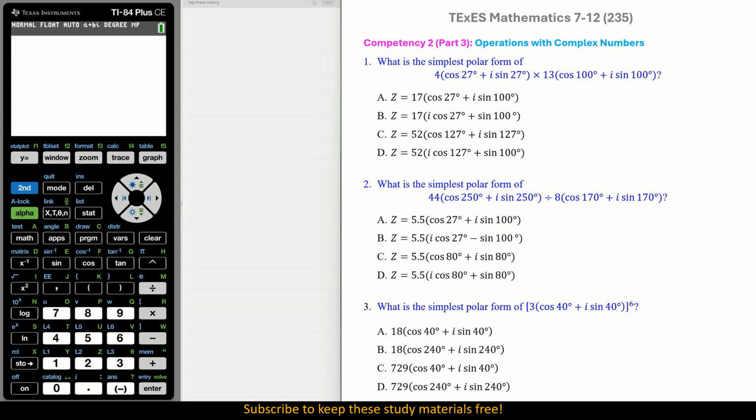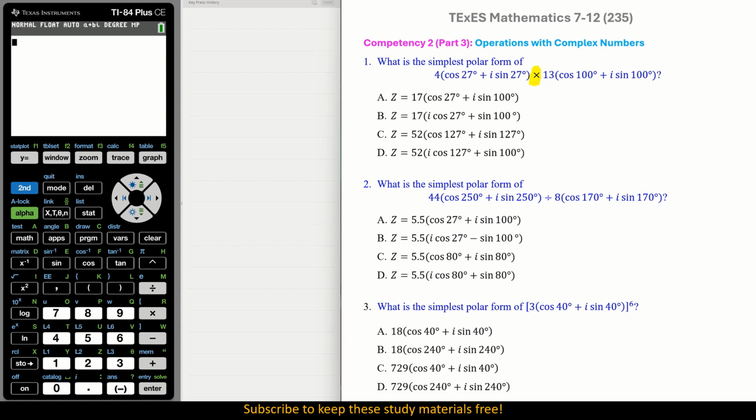Number 1. What is the simplest polar form of 4 times cosine 27 plus I sine 27 times 13 cosine 100 plus I sine 100? Okay, as you see, we have two polar forms instead of rectangular complex numbers. Here is the basic rule: if you see multiplication between the two,